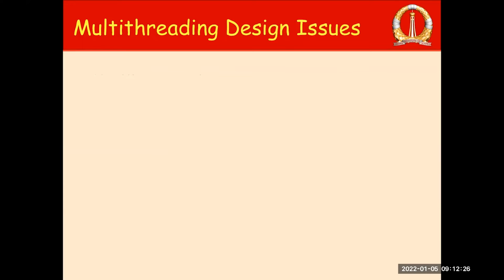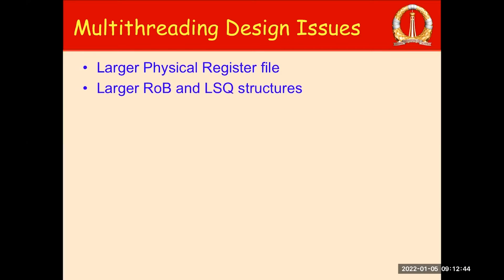Okay, so what are the design challenges or issues that multi-threading poses? Because there are multiple contexts that have to be supported and each context requires its own register file, you will now require a much larger physical register file to be provided. And because soft structures like ROB, load store queue, etc. are shared between these threads, it is beneficial to increase their size a little bit and then share them